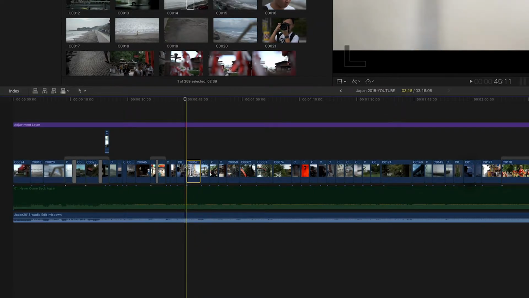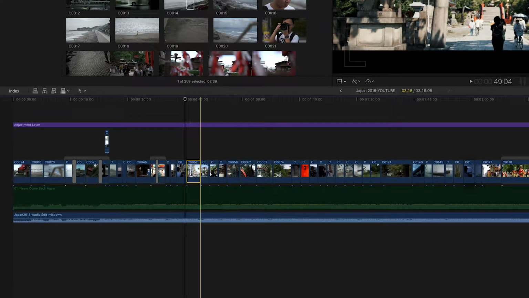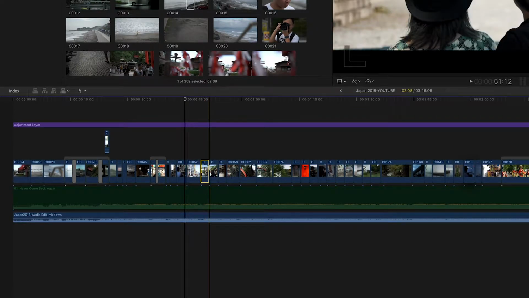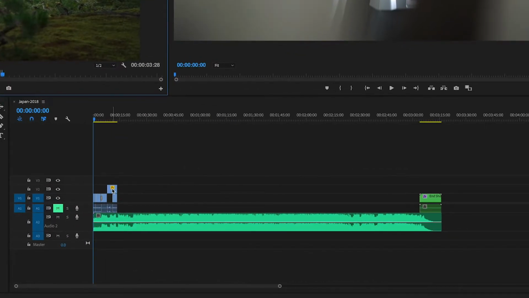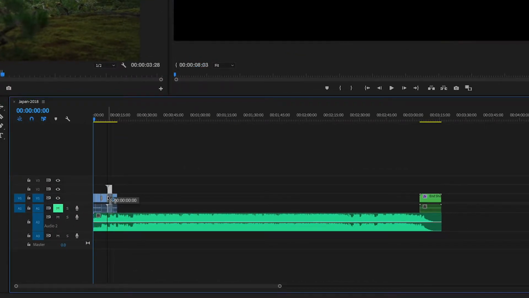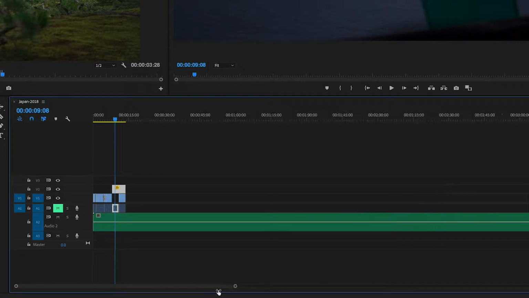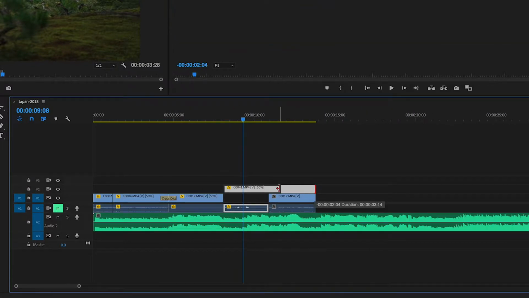Just because what I can do is if I want to adjust this clip, for example, let's say this clip with the shrine, a lot of the times in Premiere Pro, and if I just show you an example now because I've got Premiere Pro open, what I'll need to do, if I've got this clip on the timeline, I'm going to need to drag it to another video track, and then I'm going to need to hold the Alt key, only because I've got an audio track here, hold the Alt key and drag outwards, and obviously Snap's not being my best friend, but if I drag outwards, I can then adjust that video clip, and then from there